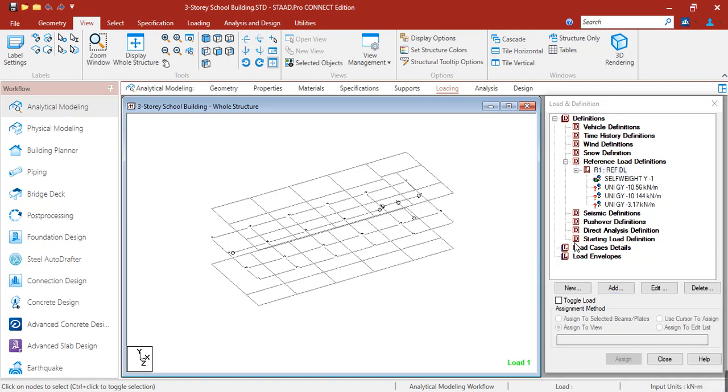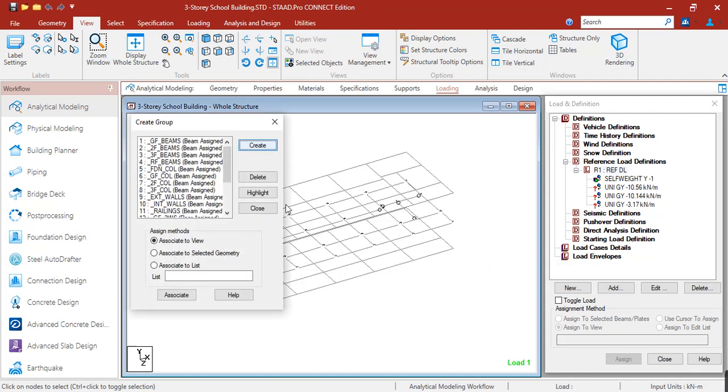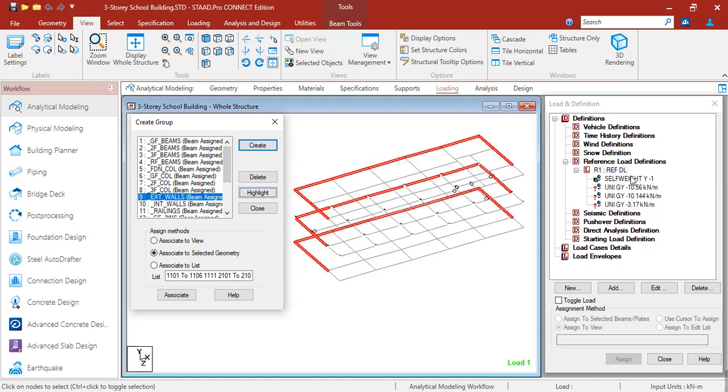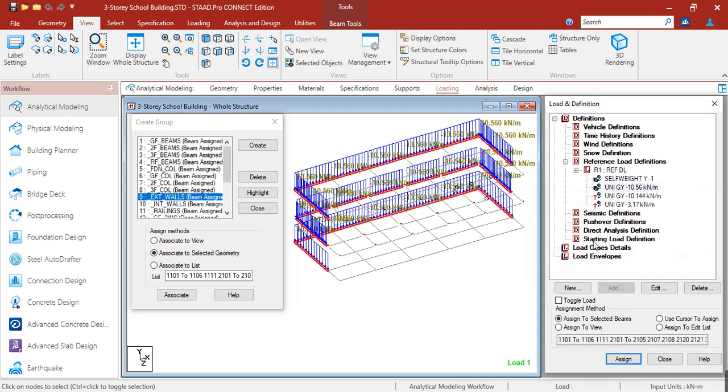Okay, so how can we assign it easier to our model? So Control G, then click the exterior wall, then click highlight. Then you can now select this weight, so 10.56 for exterior wall, then click assign to selected beams. Okay, so this is now your loadings.